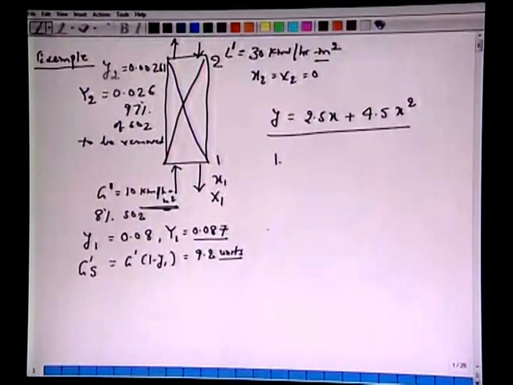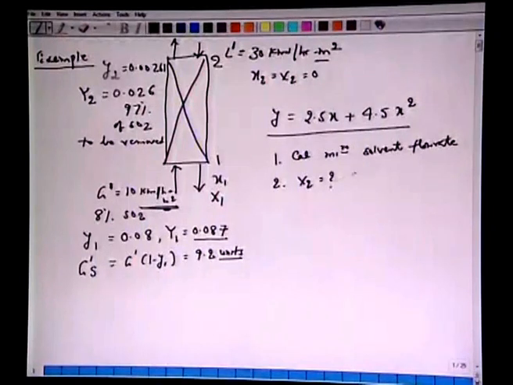We have to answer certain questions here. First, calculate the minimum solvent requirement. We have addressed this problem in an earlier lecture also. So, we calculate the minimum solvent flow rate, that is one. What is the concentration at the exit of the spent liquor? So, this is X2. What is the mole fraction here? X1 actually. So, this is your X1. This is level 1, X2 is 0, pure solvent.